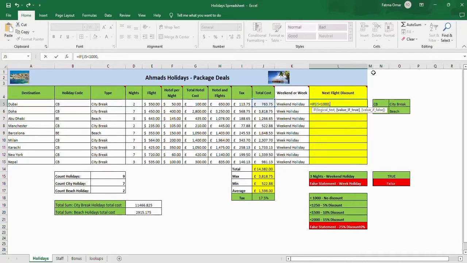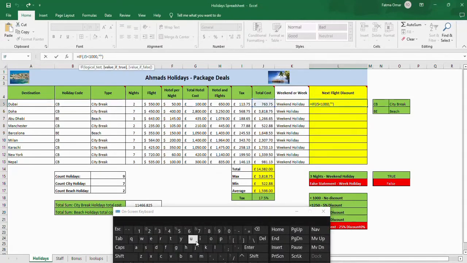In between quotation, as I'm writing a text, it should be placed into quotation: no discount. If this is false, not less than 1000, comma, to initiate the false value,